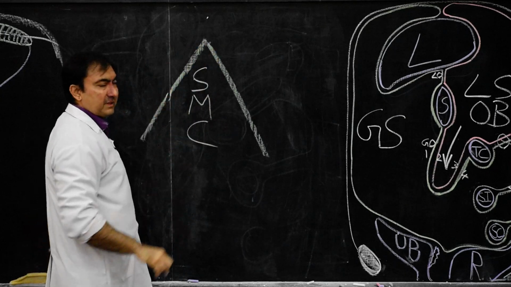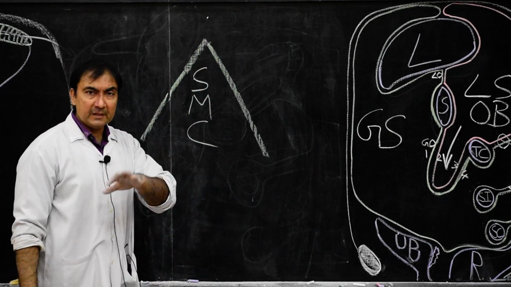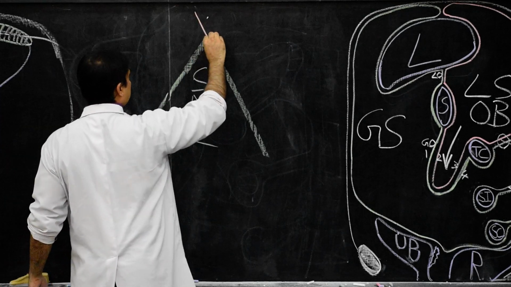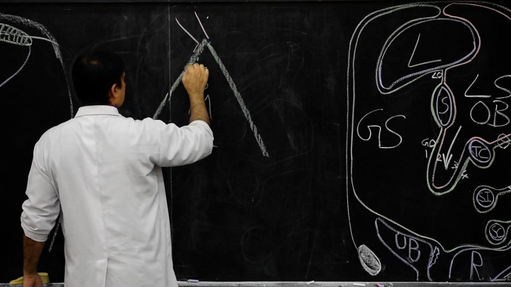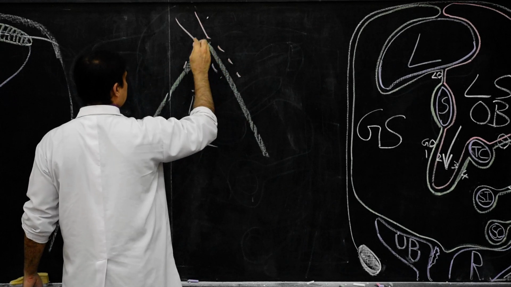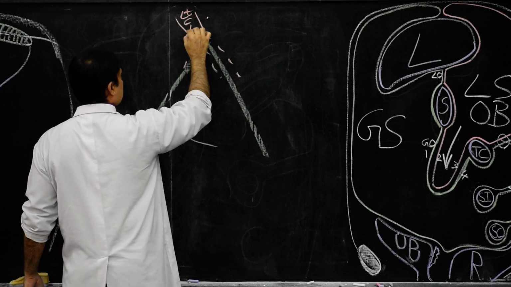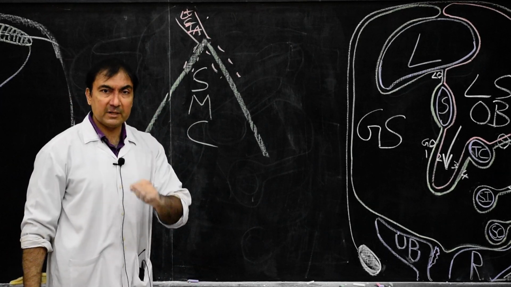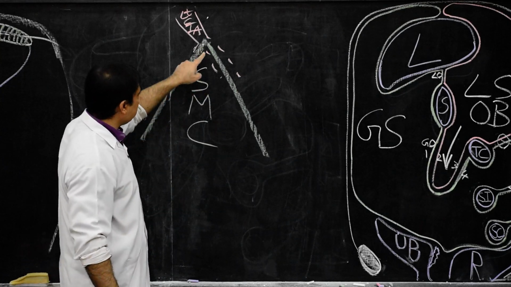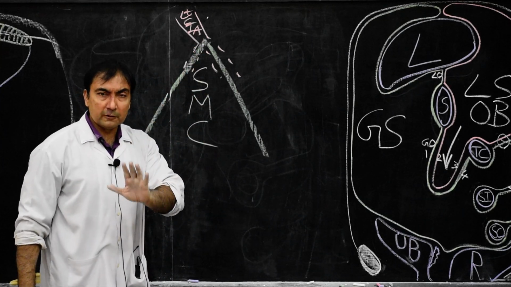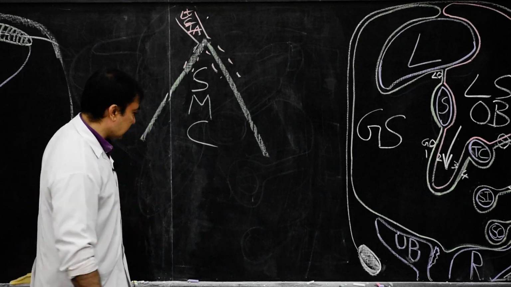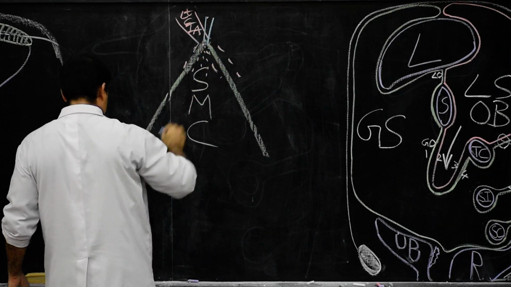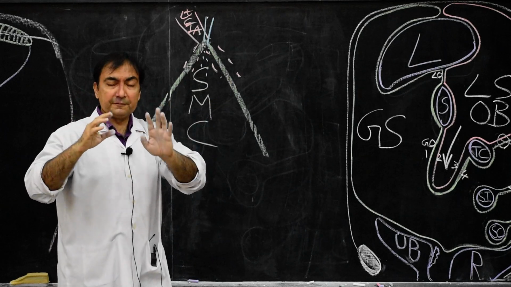The apex of this sigmoid mesocolon will be in front of the bifurcation of the left common iliac artery. So just behind this will be the bifurcation of the left common iliac artery. The apex will be in front of the bifurcation of the left common iliac artery. One mark question answer. And one structure will pass behind this apex of the root of the sigmoid mesocolon, the left ureter. So the left ureter will pass behind the apex of the root of the sigmoid mesocolon.